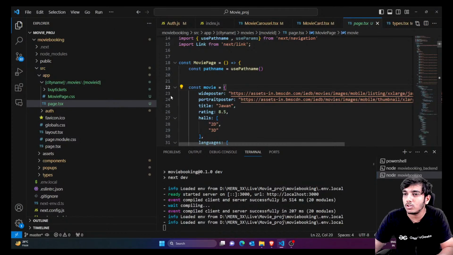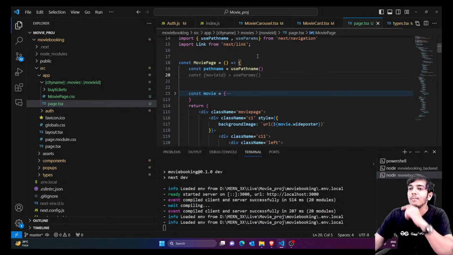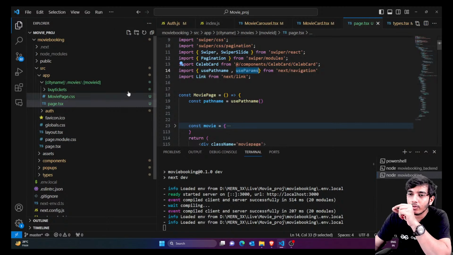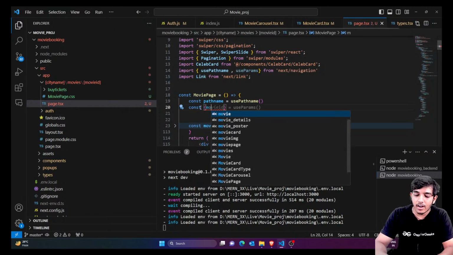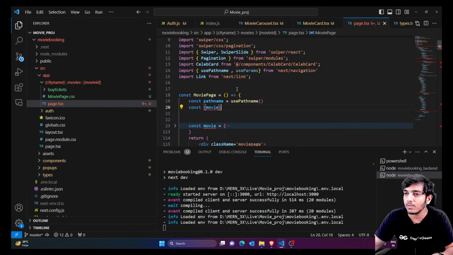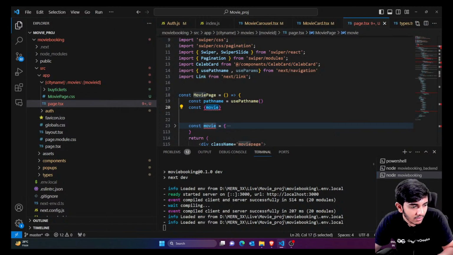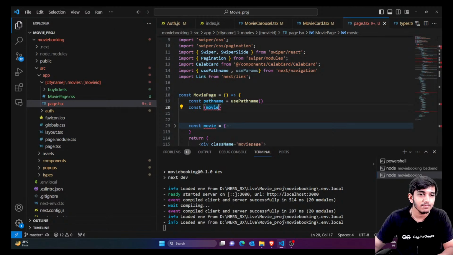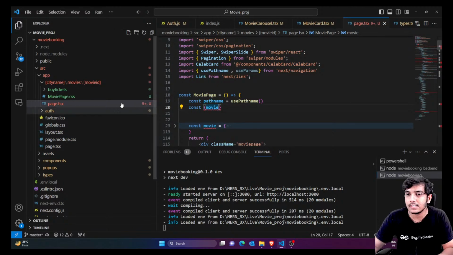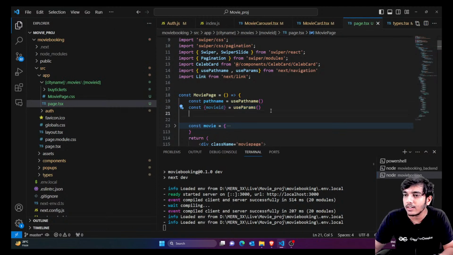भाई जानता कौन है तुमको जो तुमको ट्रोल करेंगे। देखा, तुम काय को टाइम वेस्ट कर रहे हो यार। ओके, सो वी हैव यूज परम्स हियर। सो फ्रॉम यूज परम्स वी आर गोइंग टू एक्सट्रैक्ट द मूवी आईडी। सो लेट्स से वी हैव कॉन्स्ट रियल आईडी से आओ यार, ऐसे मत किया करो यार, तुम रियल आईडी से आओ। छोटे बच्चों वाले काम मत किया करो, अपना नाम तो तुम ढंग से रखते नहीं हो यार। मम्मी पापा ने मम्मी पापा ने नाम रखा है द ऑफिशियल आयुष। सही है, रियल आईडी से आओ यार आयुष भाई। यस, सो मूवी आईडी। एक्चुअली यार अब बहुत हो गया, सेशन भी एंड करते हैं। सो या हियर यू कैन